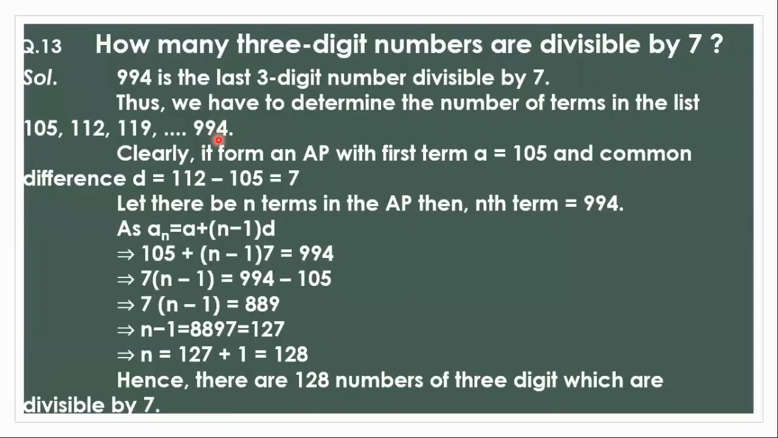So once you get the first term and the last term, that is An. Since all the terms are divisible by 7, the common difference will be 7. So A value